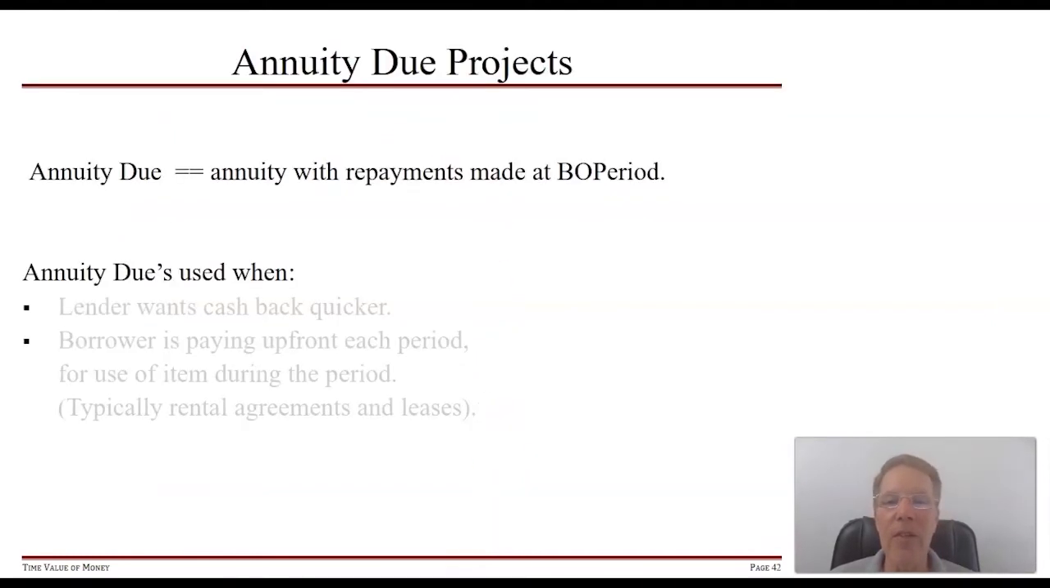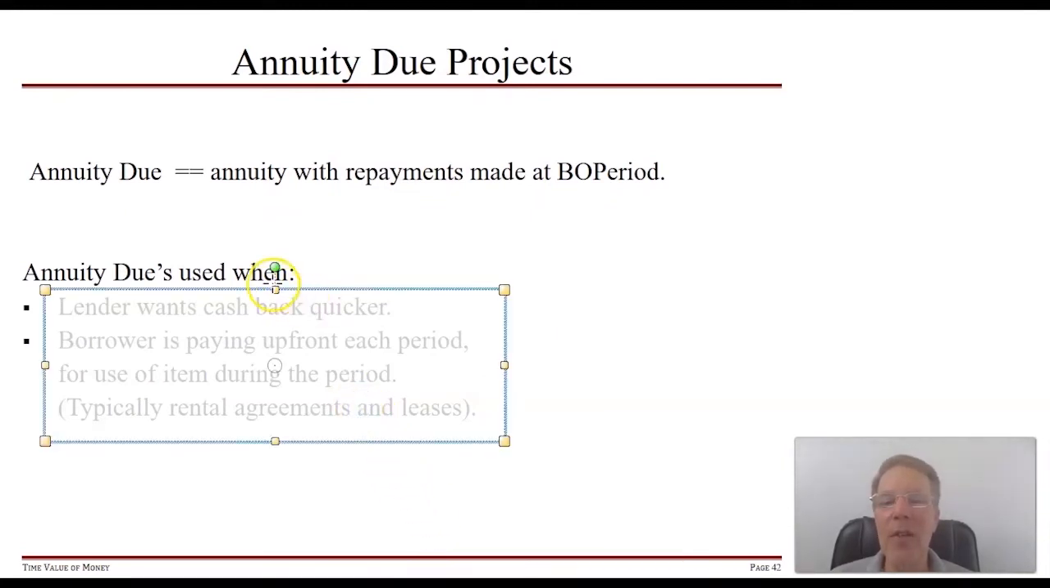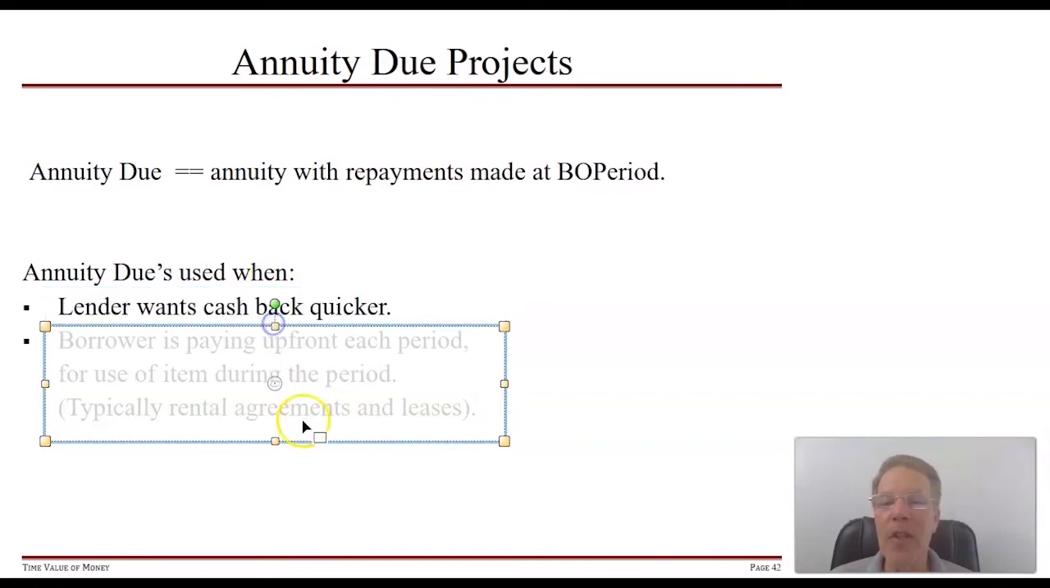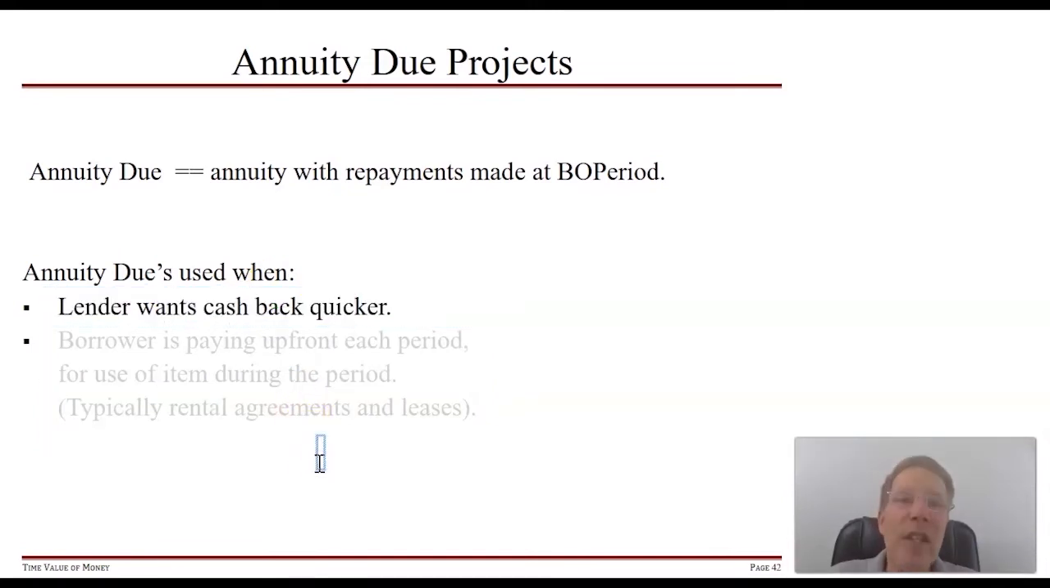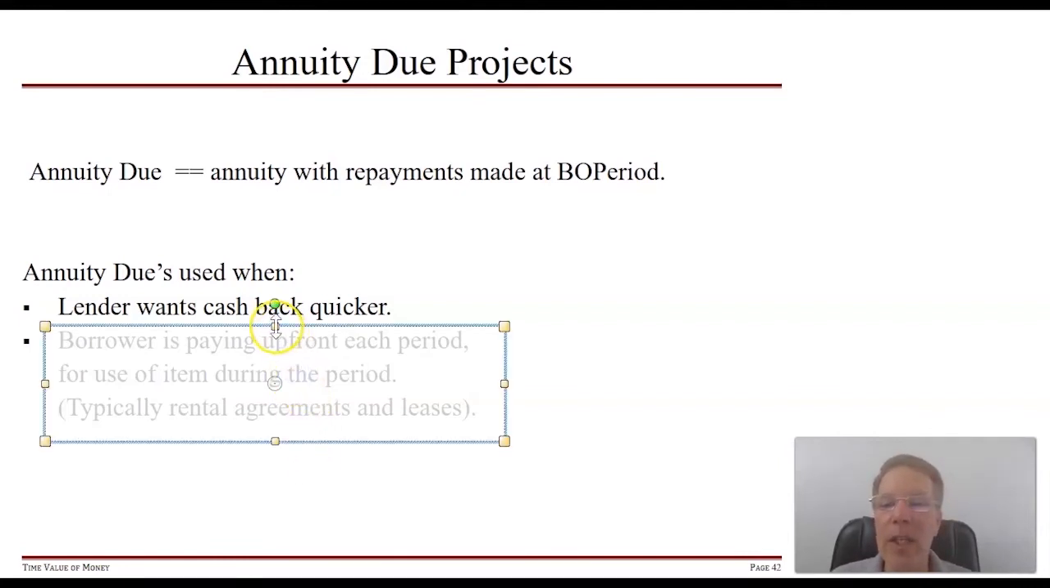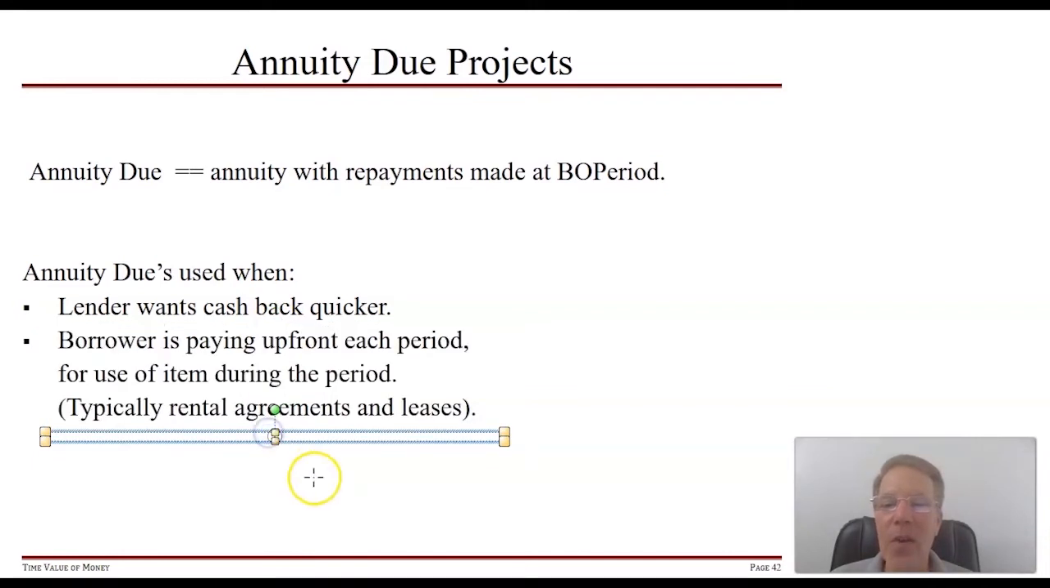So that's the difference. So you might be thinking, that's pretty weird. Why would anyone do that? Well, actually, they're relatively common for these reasons. Clearly, if you have an annuity due, the lender is going to get their cash back more quickly than they would with a regular annuity. And also, the borrower, they have this nice feature